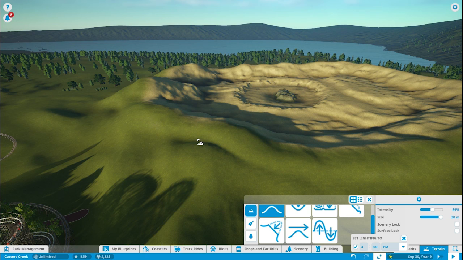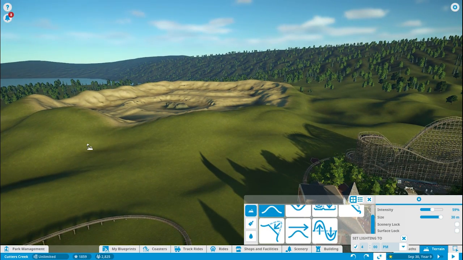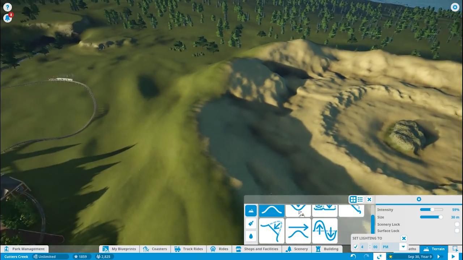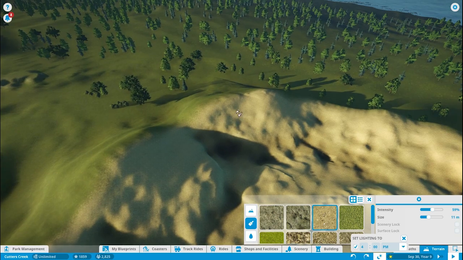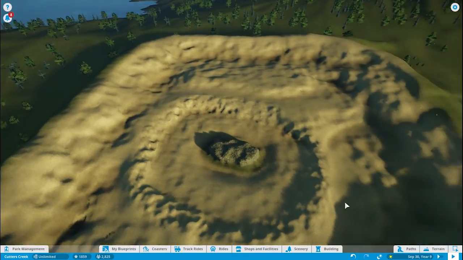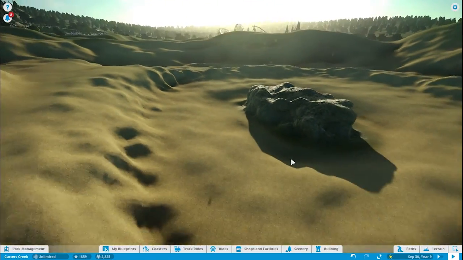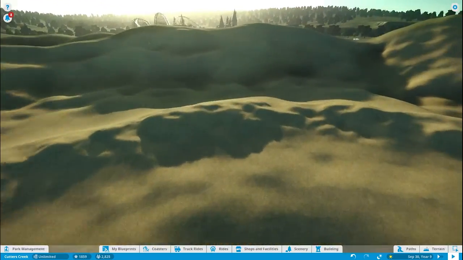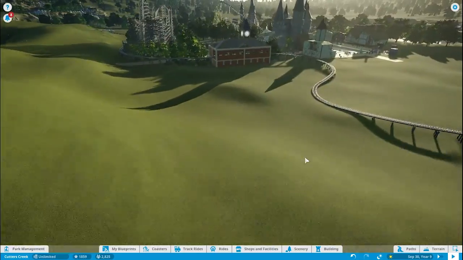Okay, that kind of smoothed things out a little bit. Just gonna bring that up over there like that. Whoops. Right, so what do we got here? Not bad, not bad. Get some rocks and some scenery in there, that's going to look pretty good. And from the outside,